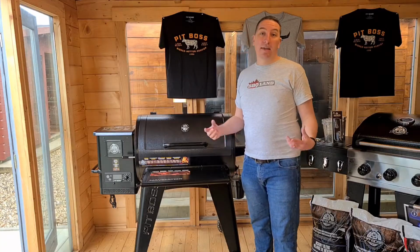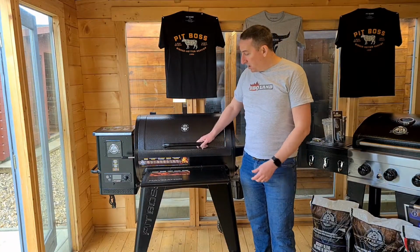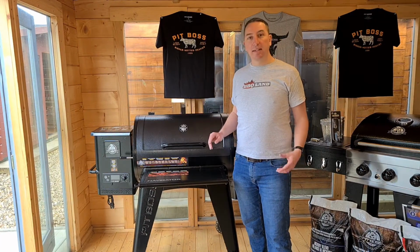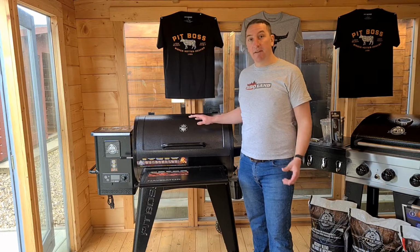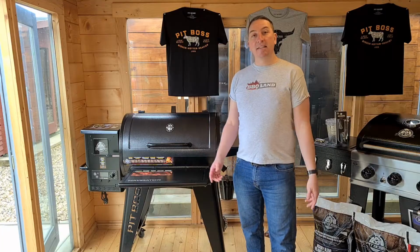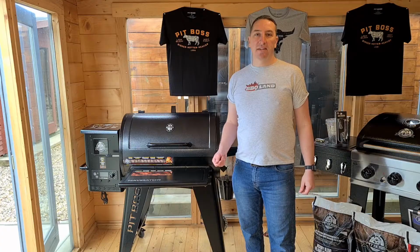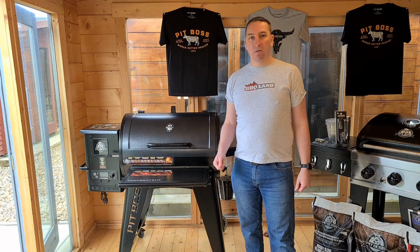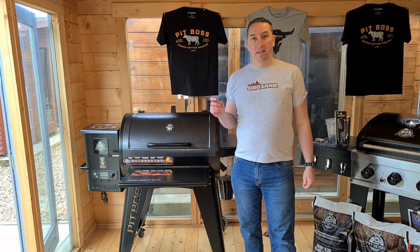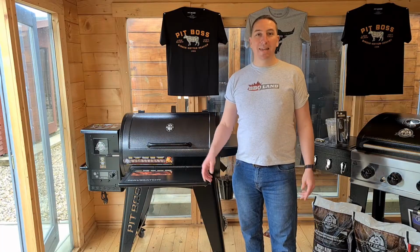So the best place to start is the build quality. It's made from very heavy gauge steel. See the thickness, you can hear that it's heavy, and it's coated in the high heat resistant paint in this lovely black onyx finish. The temperature range of this grill is between 85 and 250 degrees Celsius. With the Flame Broiler system, which I'm about to show you later, that can increase up to 500 degrees Celsius, which is 1000 degrees Fahrenheit, to get an amazing sear on those steaks, which is something that's unique to Pit